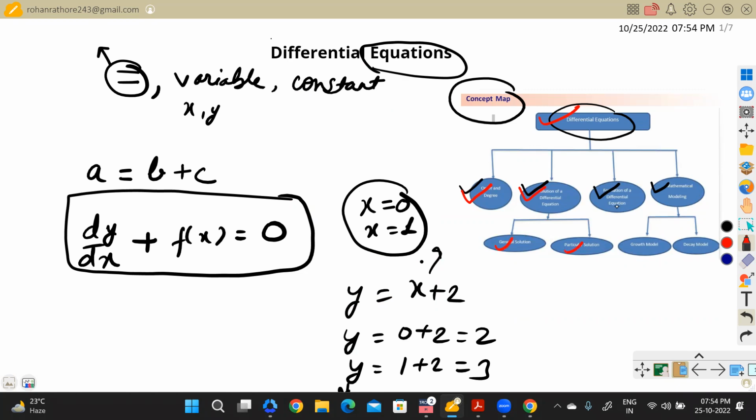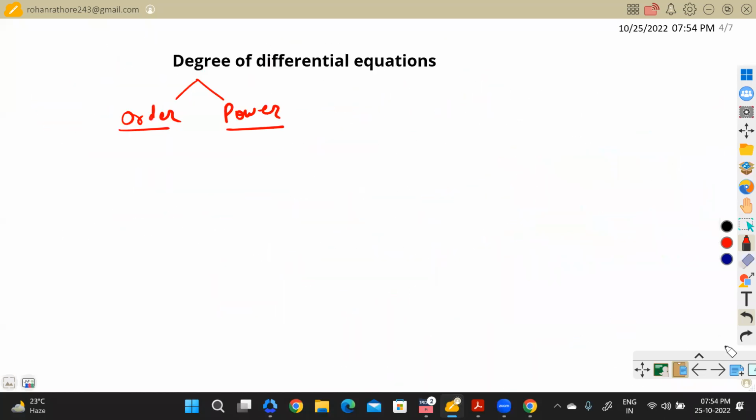Okay, so we have completed general solution and particular solution. And next, we have the formation of differential equations. So how we can form the differential equation. For this, let's take a